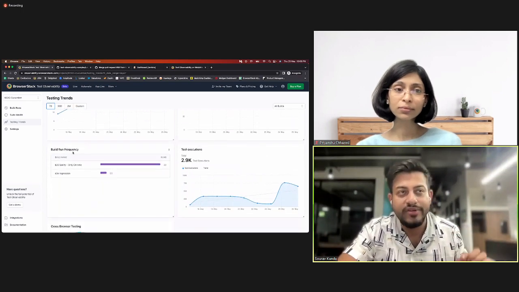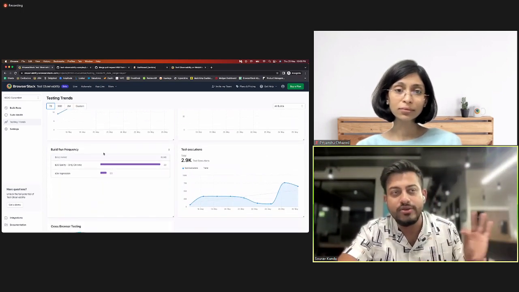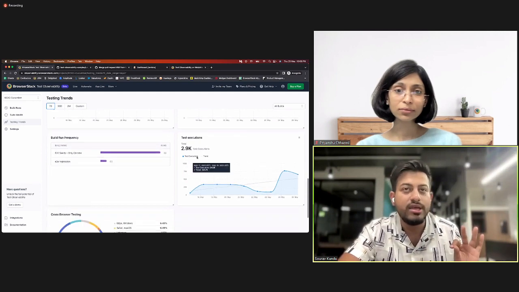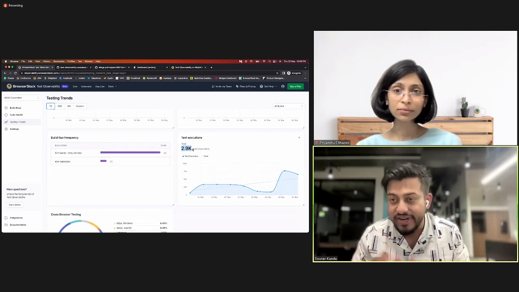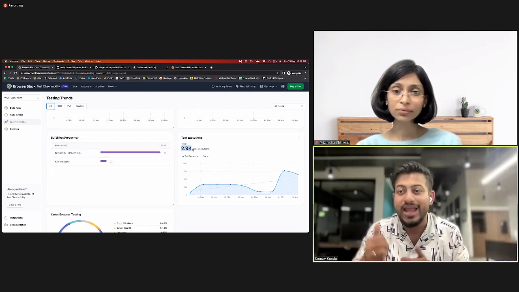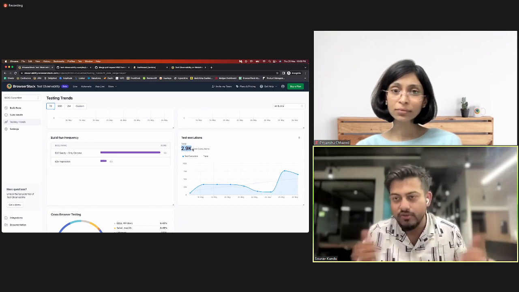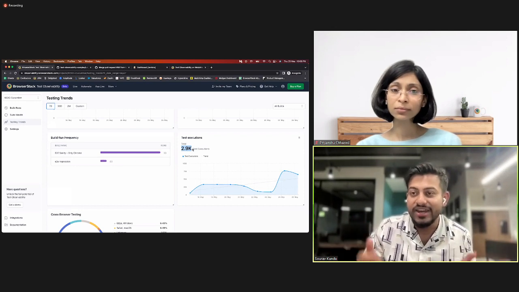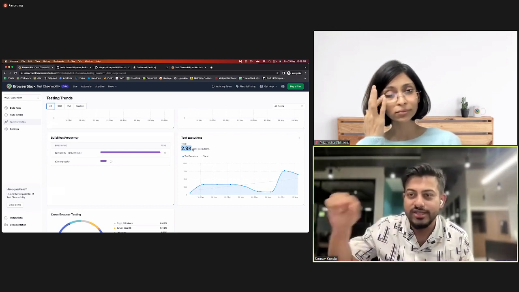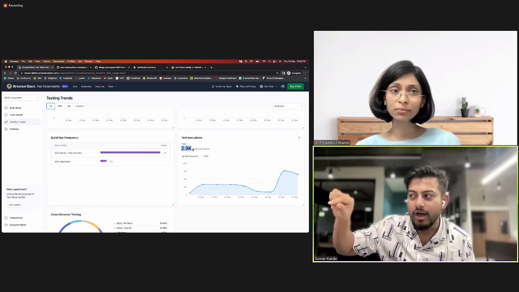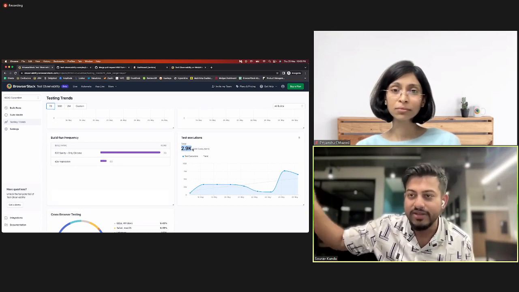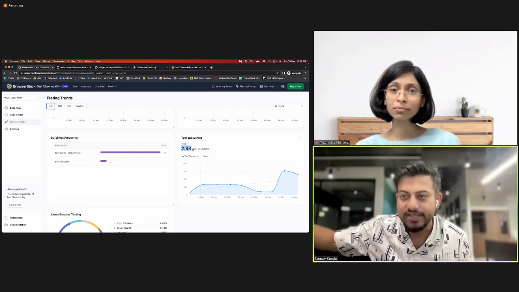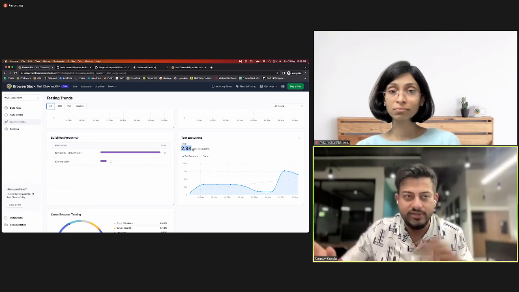You also see the run frequency, how many times you're running those runs, and the total volume of test executions. This can also be used as a planning tool. Over the last 1 year, you did so many executions. It took so much time. It took so many CI resources. Now you can extrapolate using this graph: how much CI resources and how much money would I need to spend on CI in the next year? So you can use this as a planning tool as well.